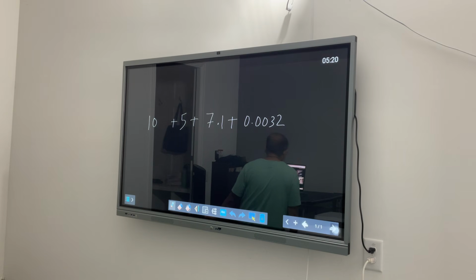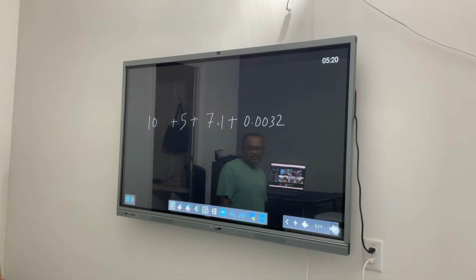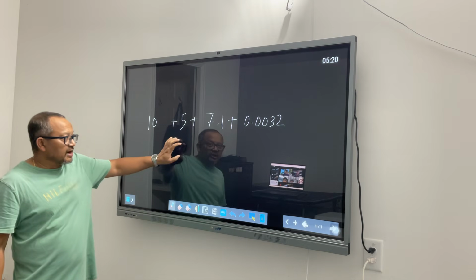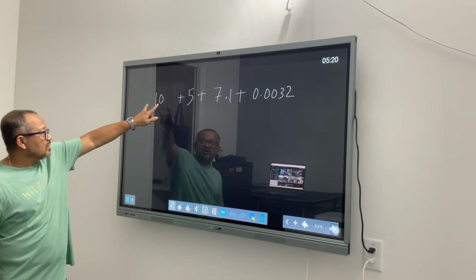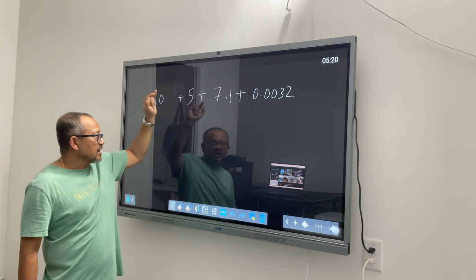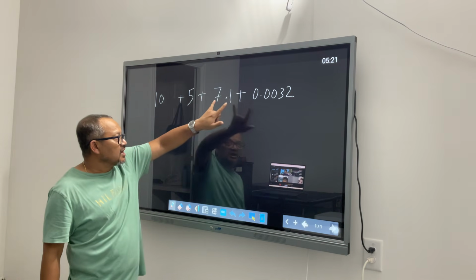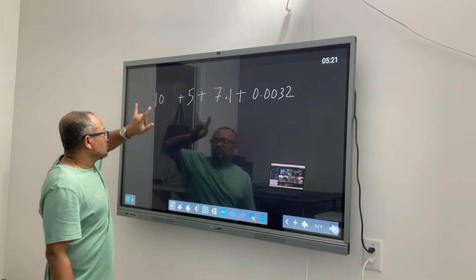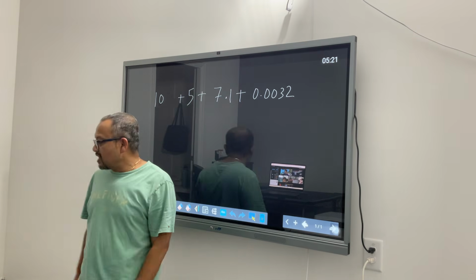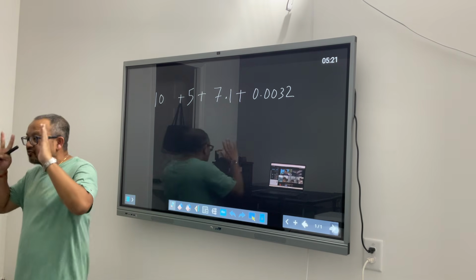It's an easy one. And we have to do it very carefully, okay? I will repeat myself. Look at this. This is a number. This is also a number, a natural number. This is a decimal. This is also a decimal. So two natural numbers and two decimals. What we want to do is convert everything into one form first.